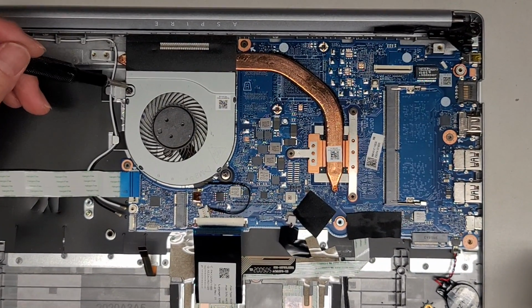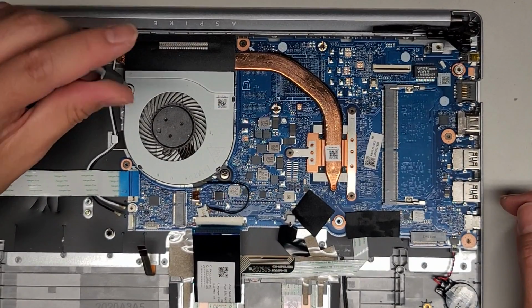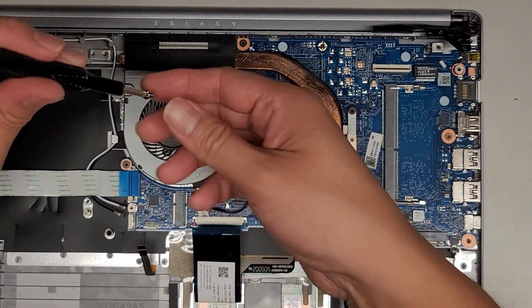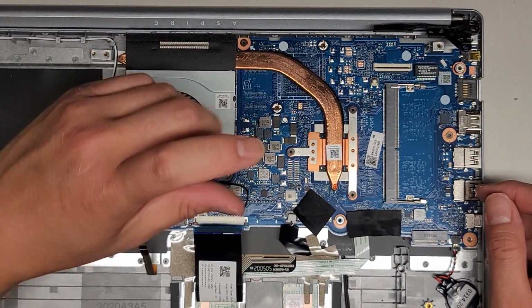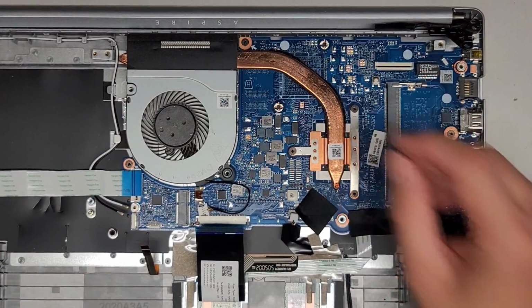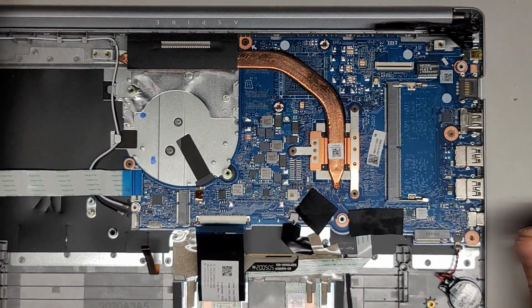All right, so anyways, we got to get all these screws out to remove all the other components. It looks like the fan can be removed without removing the rest of the components. So let's go ahead and remove these 2 screws and see. All right, so if for some reason your fan is bad, maybe you can just replace that. Okay, so we'll remove those 2. All right, and yeah, the fan comes out easily, and actually that works out well because there was quite a